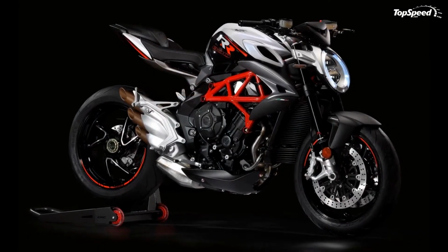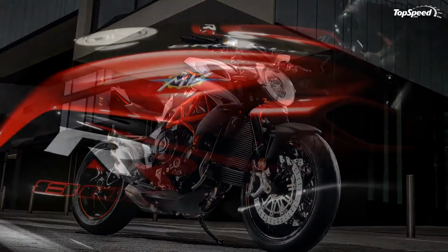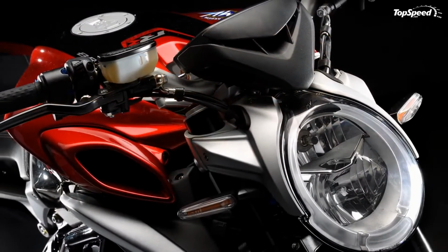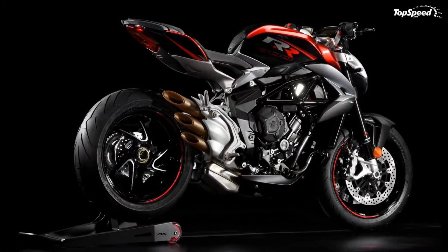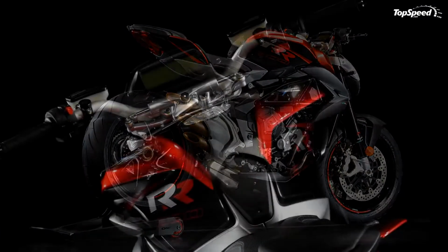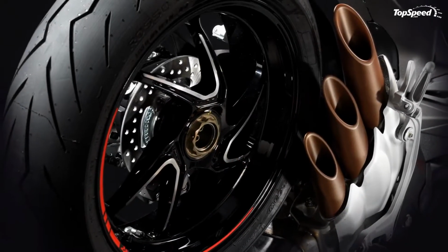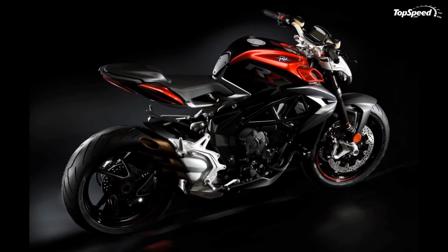Drivetrain. The 798cc, 3-banger mill maintains the same oversquare layout as the previous generation with a 79mm bore and 54.3mm stroke. Compression dropped to 12.3 to 1, a full point lower than the sizzling hot 13.3 to 1 ratio from last year. One of the main motivations for the improvements has to do with meeting the increasingly restrictive Euro 4